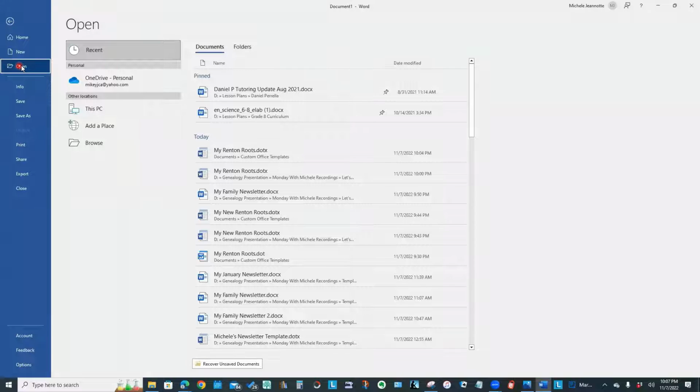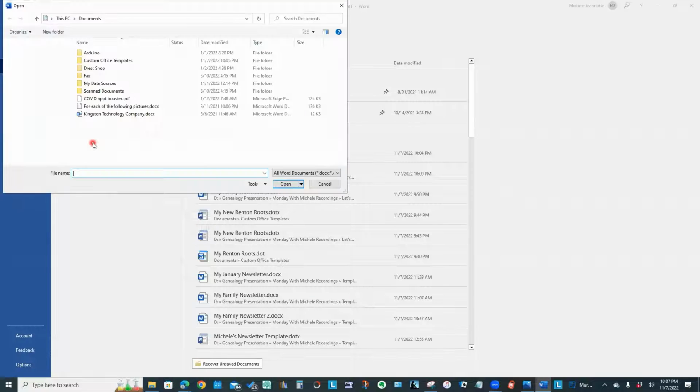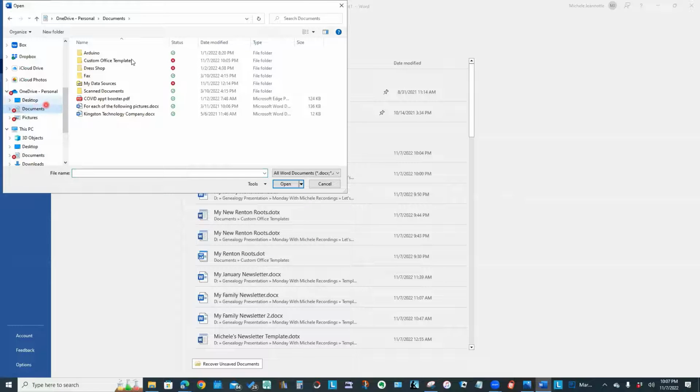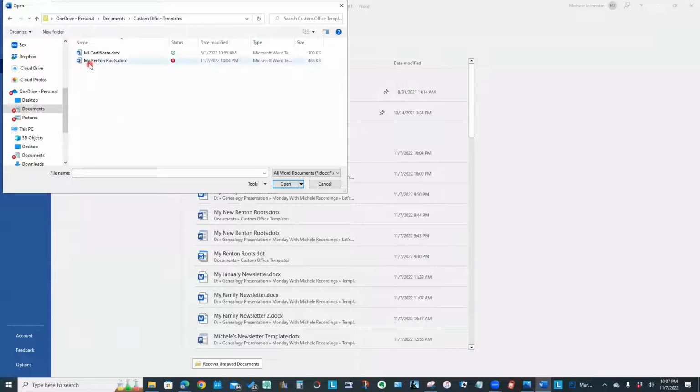I have to actually update the base template. So to do that, I have to open the template, just like you would open a document file that you want to do more work on. So I'm going to have to do a file open. I'm going to have to browse for that template. And in this case, I know that Word stuck it in that custom office template folder. Here is my template. And if I now click open,